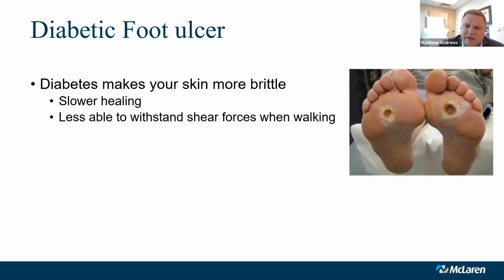Diabetes makes your skin and some of your connective tissue structures a lot more brittle. So if the Achilles tendon in the back of your leg becomes more brittle, it actually works in a functionally shortened manner. So you can put more pressure on the front of your foot. And because the skin's more brittle, it doesn't have the ability to withstand any kind of shear pressure or shear stress when you're walking. You can literally just rub these sores, which can start as a blister. They can start as a callus, and oftentimes they'll open up underneath just due to that significant high pressure.